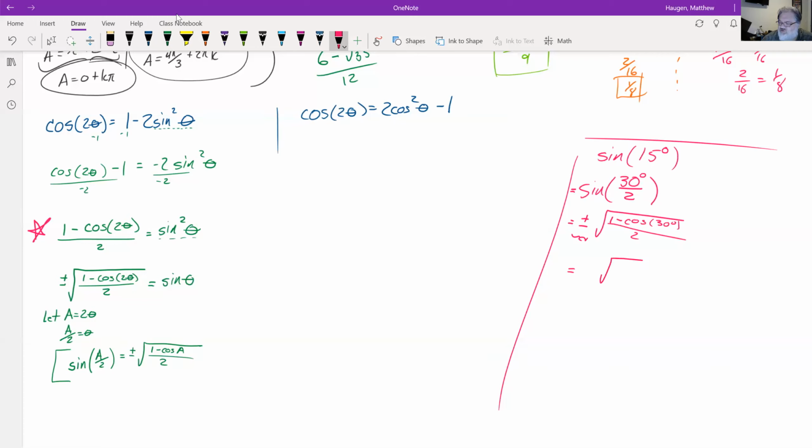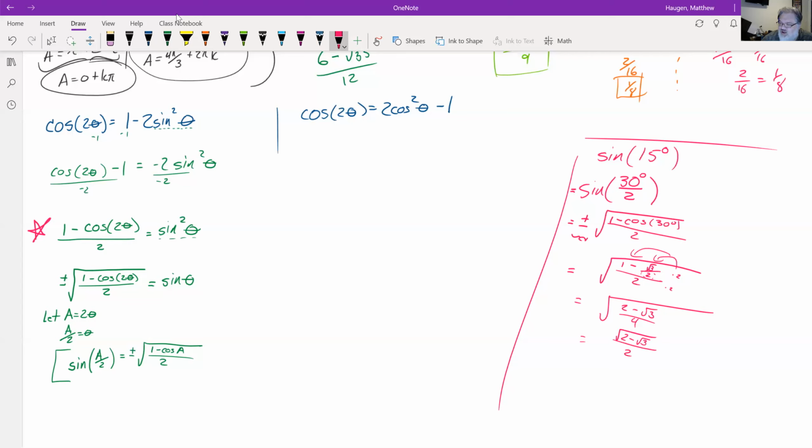So the square root of 1 minus, what's the cosine of 30 degrees? It's the square root of 3 over 2, all over 2. Want to clean that up, so I'm going to multiply top and bottom of that by 2. That gives us the square root of 2 minus the square root of 3 when that 2 distributes, multiplied by 2 to clear out that 2 in the denominator, over 4. So the square root of 2 minus the square root of 3 over the square root of 4